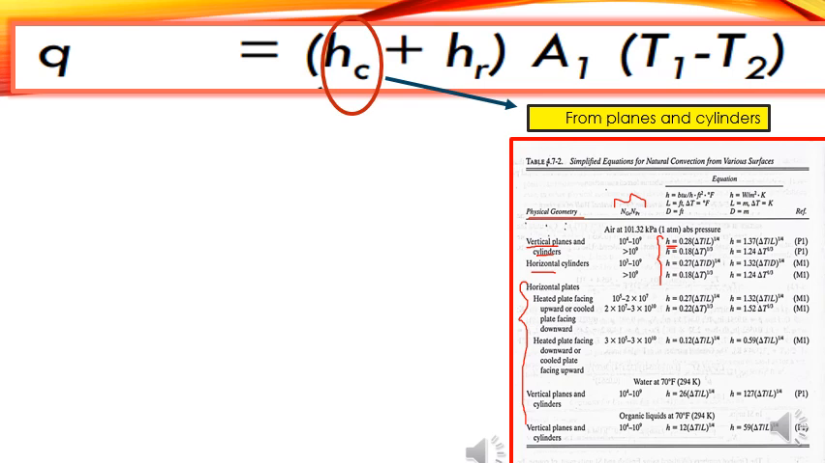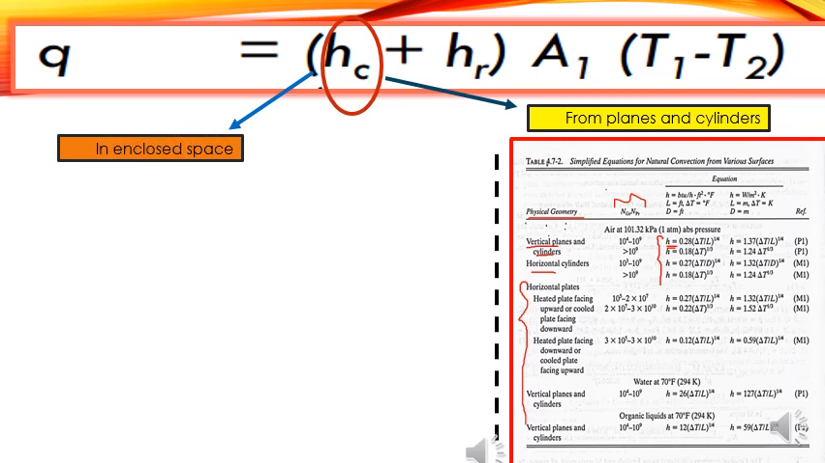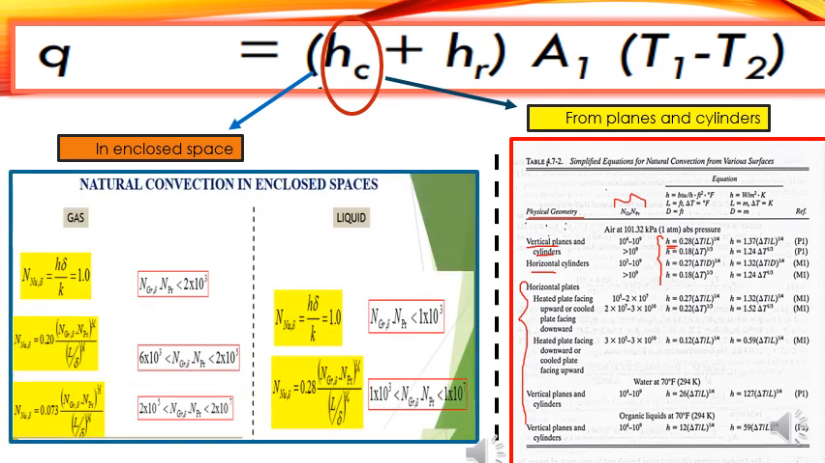Okay, and as I mentioned before, there's another category of natural convection which is called an enclosed space. The best example to explain natural convection in enclosed space is a double glazed window. In a double glazed window, we have two layers of window which are separated. This is glass 1 and glass 2, and the windows are separated by an air gap here. That's why it's called enclosed space. And in fact, the gap here